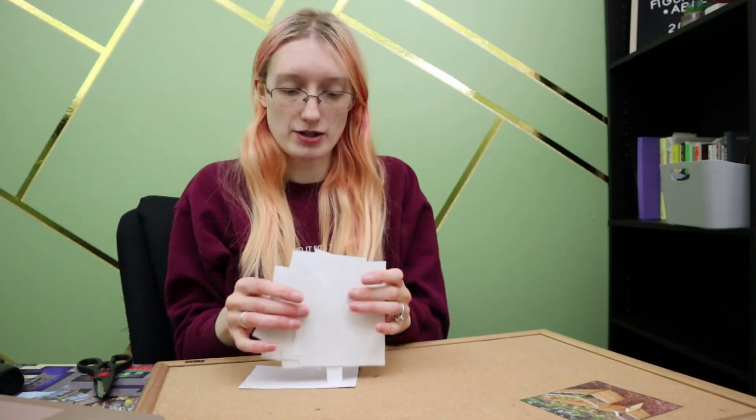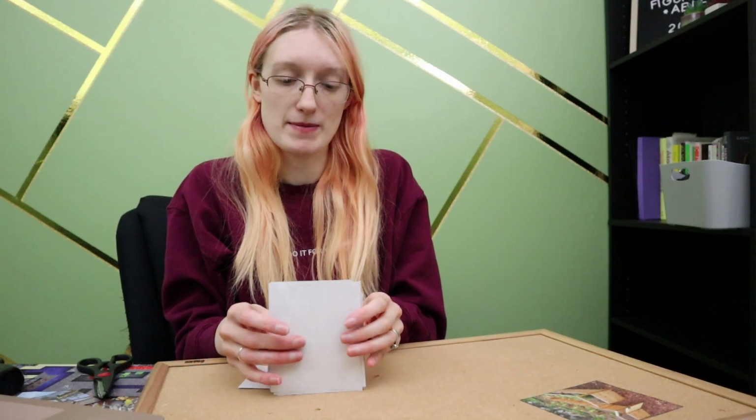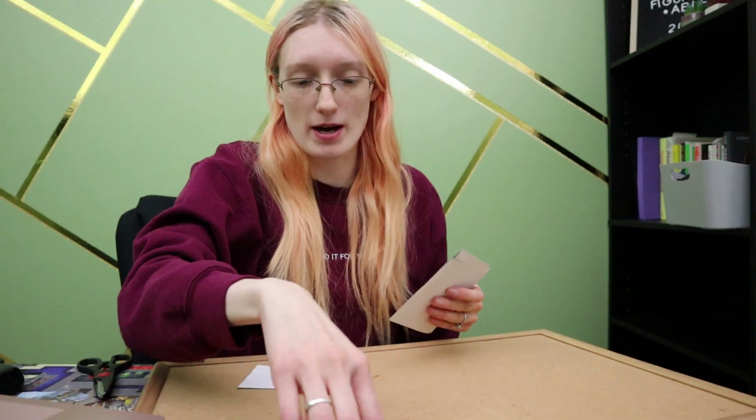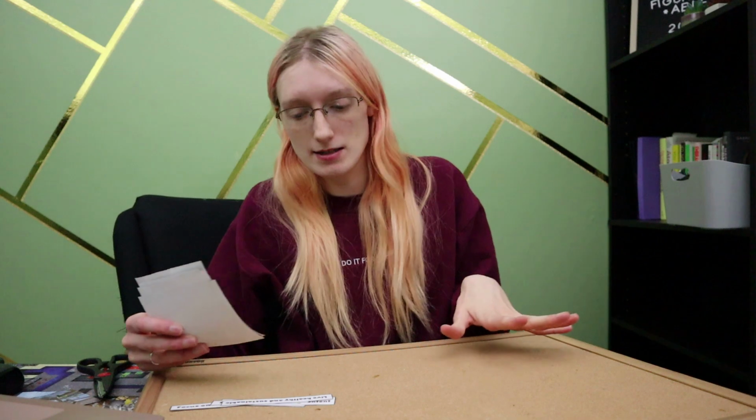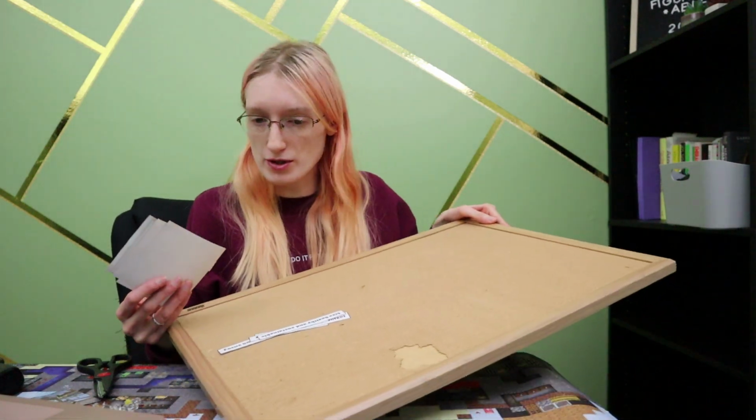Okay, I just finished cutting everything out. That took a surprisingly longer time than I was expecting. I don't know how long I was expecting it to take, but that took a while. However, everything is done now. And so now the next thing to do is to just get whatever you're going to do your vision board